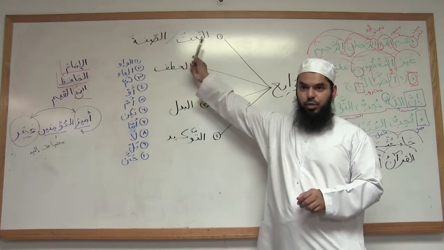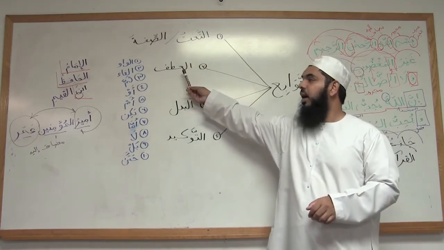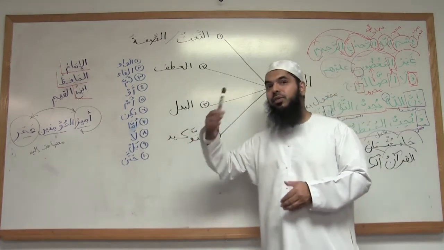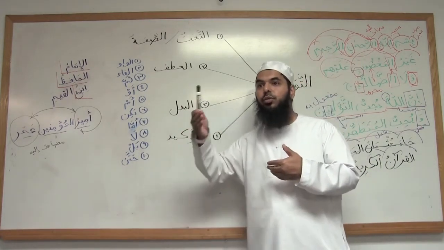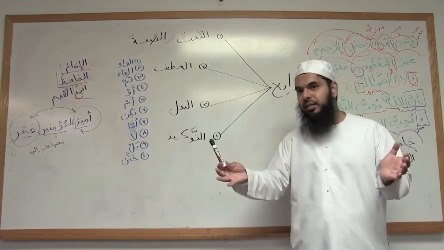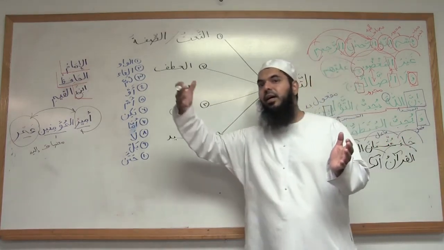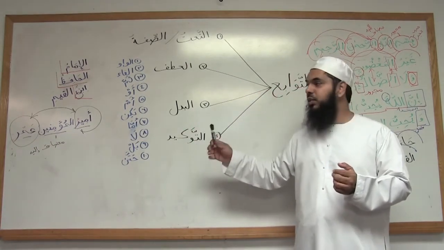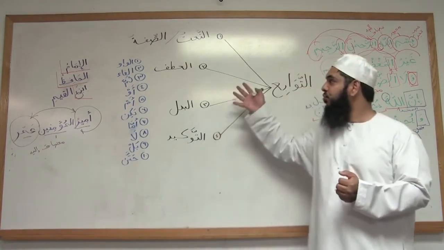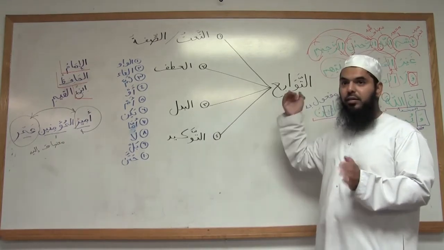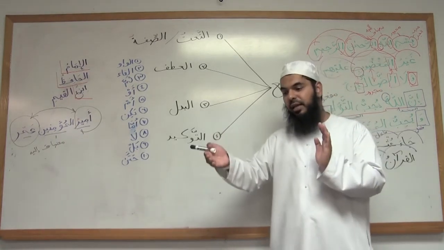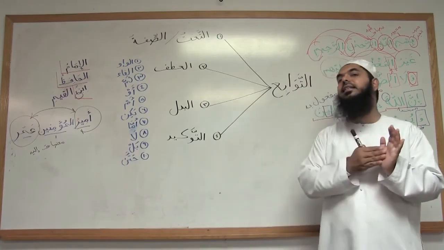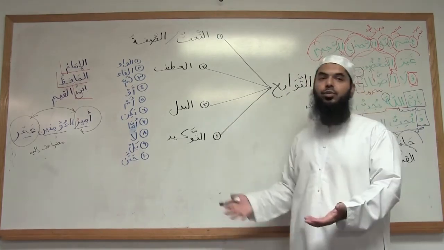So now we have 4 things for you to memorize. Na'at and sifa, which is one thing. Atf and the huruf atf. Badal and the concept of something else, also describing the same thing, but not describing it, rather giving it another name or another title. Tayyib? And tawqeed, which is to show emphasis. These 4 things are tawabi'. They will come as obedient or followers of whatever they are connected to. And all of them will have to be connected to something.